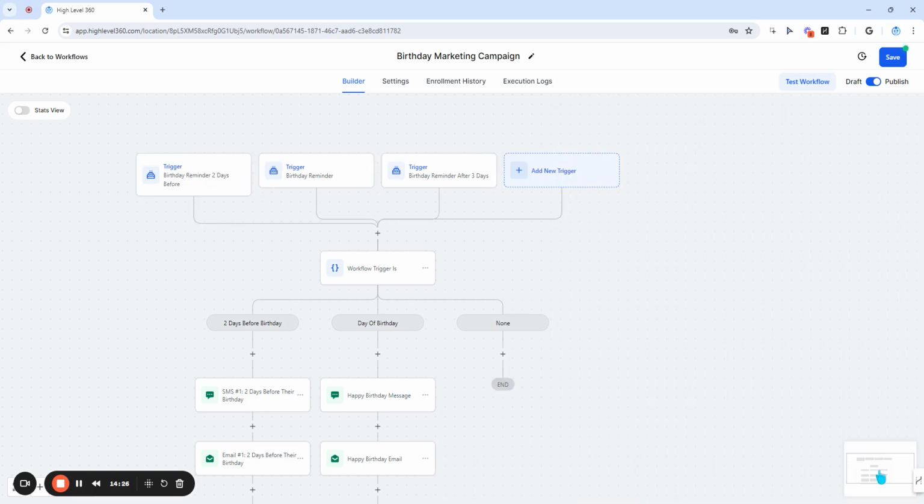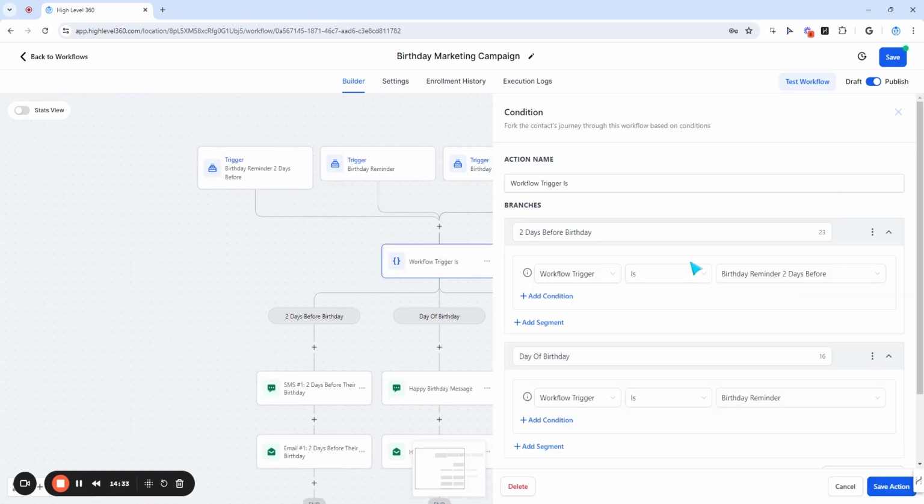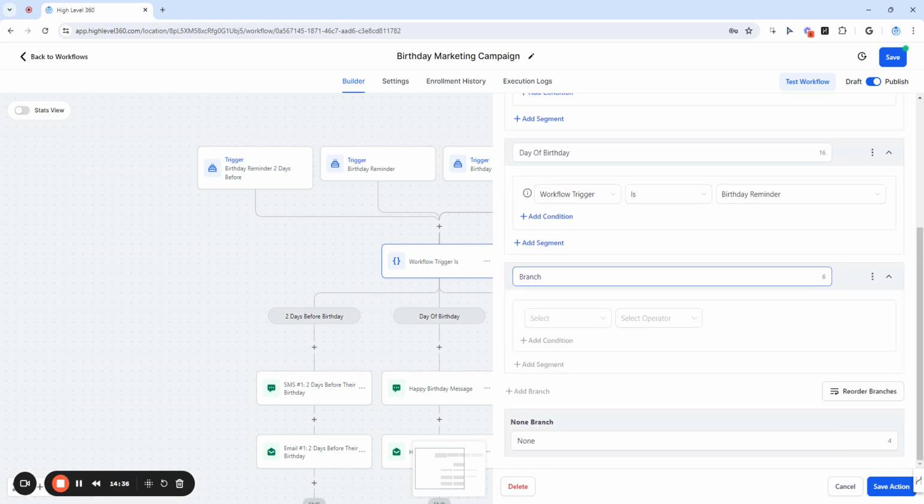And then we're going to save trigger. All right, so now we're going to go back into our if-else branch. So workflow trigger is, we're going to scroll down, we're going to add a new branch. This one's going to be titled 3 days after birthday. And then under the trigger, we're going to do workflow trigger is, and then select the,